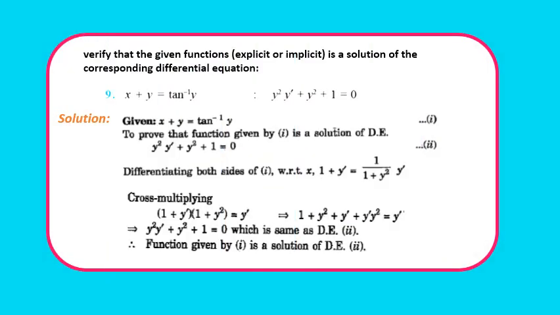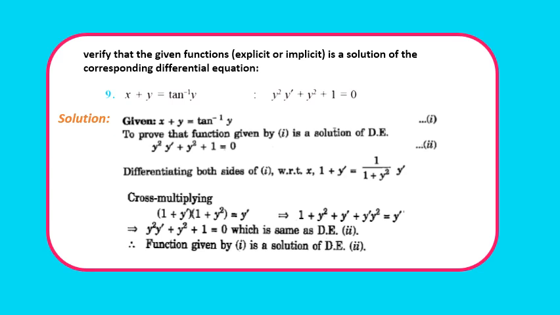Moving to question 9. Verify that the given function x + y = tan⁻¹ y is a solution of the differential equation y² y' + y² + 1 = 0. Now we have x + y = tan⁻¹ y, and we have to prove that y² y' + y² + 1 = 0. Now differentiating equation 1, we get